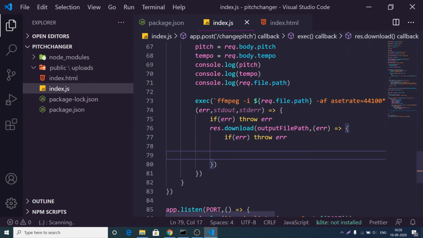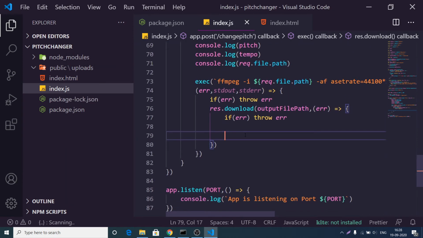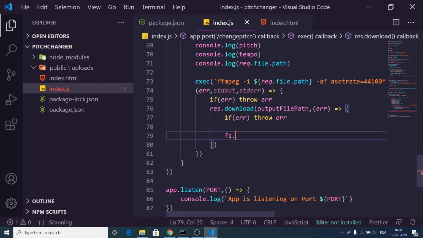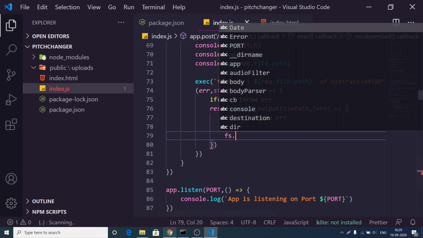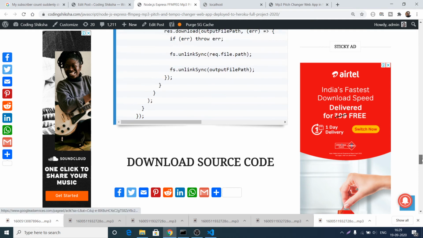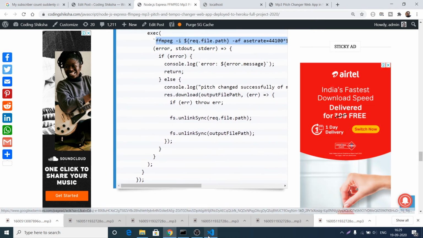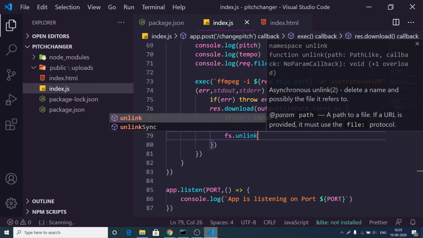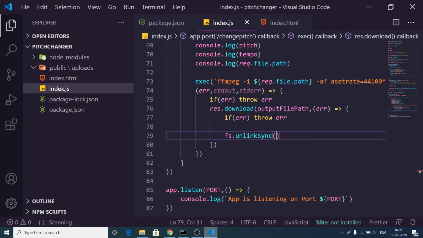For deleting the files, we have a function inside the file system module. If you go to my blog here, you will find this function, unlinkSync. This is a function, and here you need to provide the path.